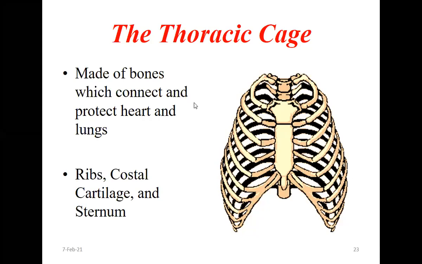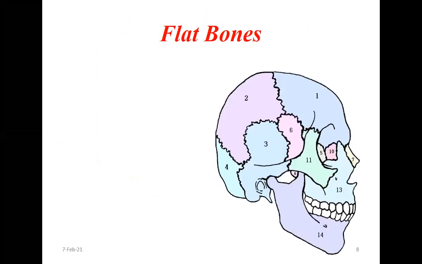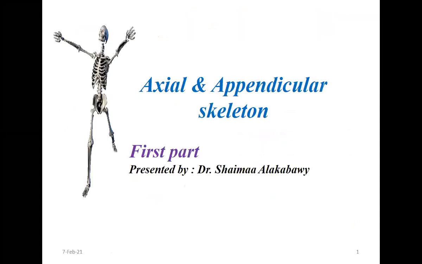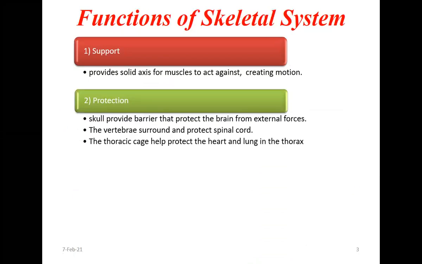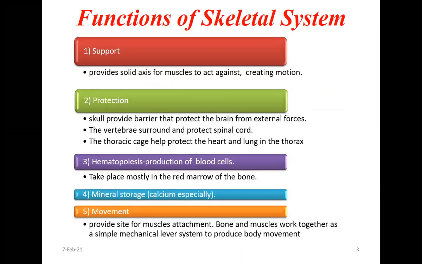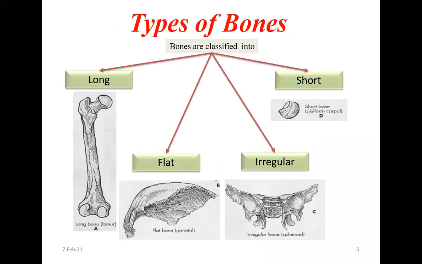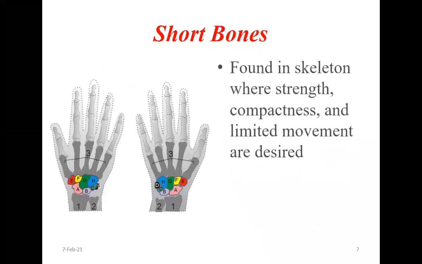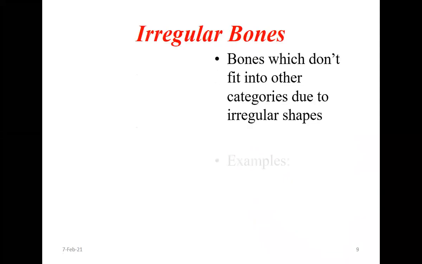So in the last class, we had discussed up to here. So if you remember, we had discussed all these things. First we had discussed that there are two types of skeleton, axial and appendicular skeleton. Then we had discussed the functions of the skeletal system, why we have the skeletal system. Then we had discussed the different types of bones. These were the long bone, flat bone, irregular bone, and short bones. Then we had discussed some of the important features of the long bones, short bones, examples, flat bones, and irregular bones.